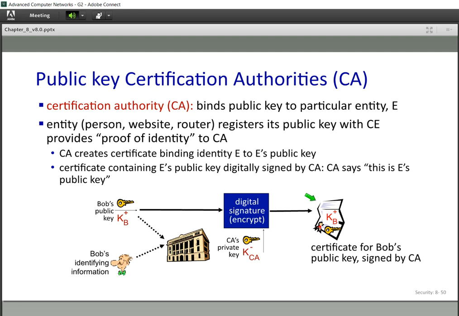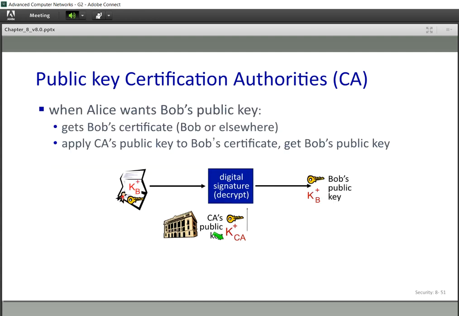But in this certificate, we have a secret message. This secret message contains Bob's public key. This public key is encrypted by the private key of the CA. So now